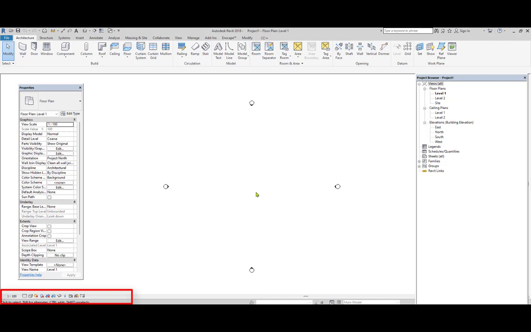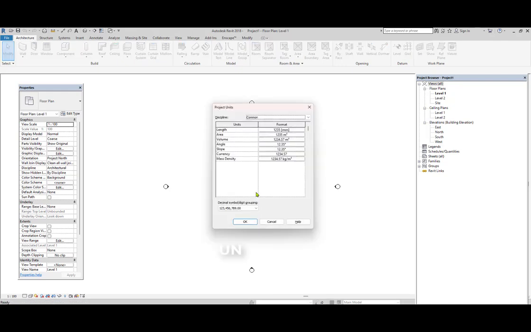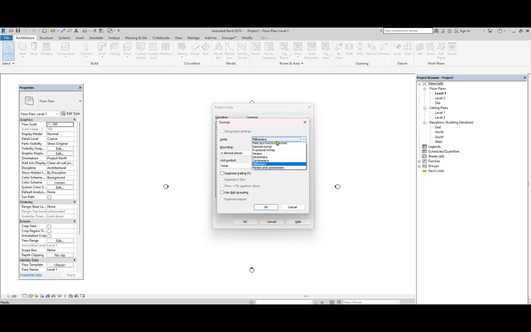So the first fundamental step is to set the unit. Before going to start any project, you want to set the unit. That is whether you are going to do your project model in meter or millimeter or feet and inch. Let's start now. For that, I just type UN. So here you find by default unit as mm. Depending on the requirement, you click on the length option and you can keep whatever option you want. So keep your rounding into 2 or 3 decimals. For meter, M is the symbol and hit OK.